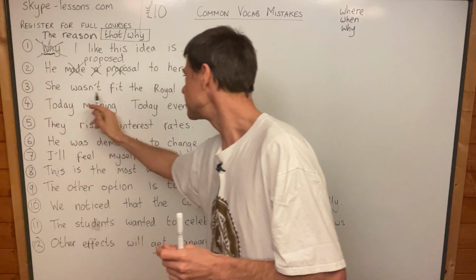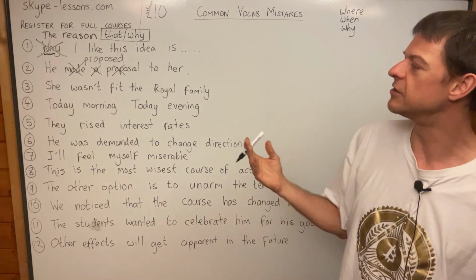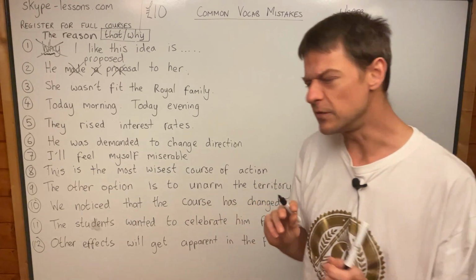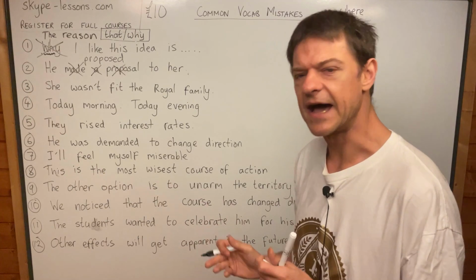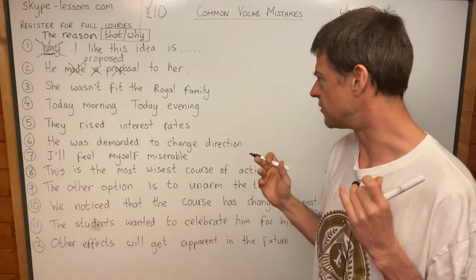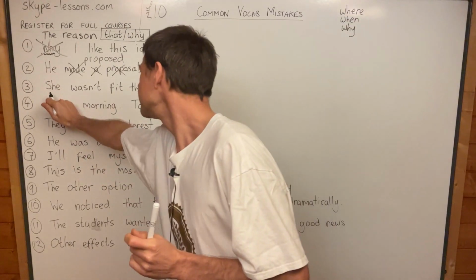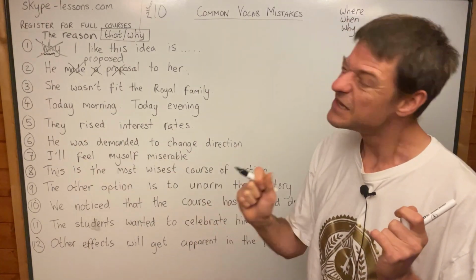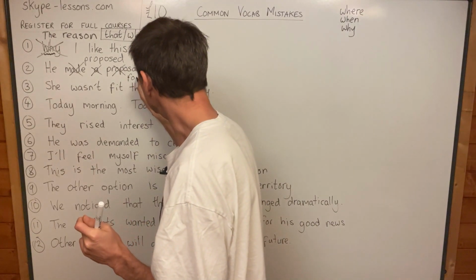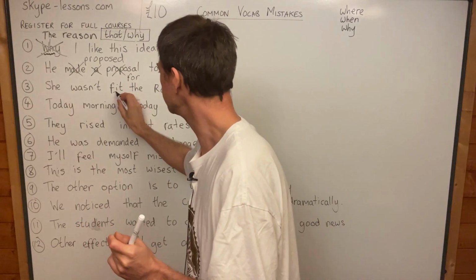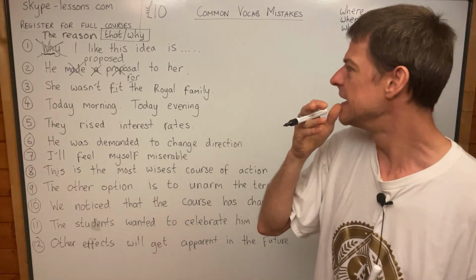Okay, number three: "she wasn't fit the royal family". Now, there's a few ways I could correct this. The student was talking about Princess Diana, if I remember rightly, and she wasn't fit. You might say "she wasn't fit for the royal family". That's one possibility. "She wasn't fit for the royal family." Although